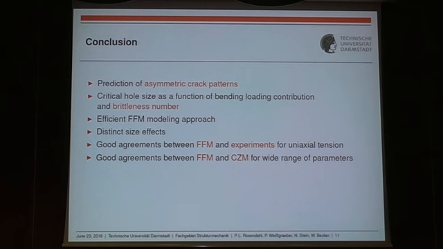To conclude my talk, we've seen that the prediction of asymmetric crack patterns is very well possible using the coupled criterion. We could give a critical hole size below which the solution for an unnotched plate is valid for the notched plate as well if we impose bending, which is a function of the bending loading contribution and the brittleness number only. We've seen a fairly efficient finite fracture mechanics approach. The modeling is kind of efficient. We've seen distinct size effects and also good agreements between finite fracture mechanics and experiments, and also with the cohesive